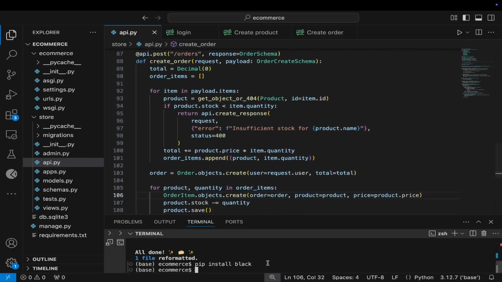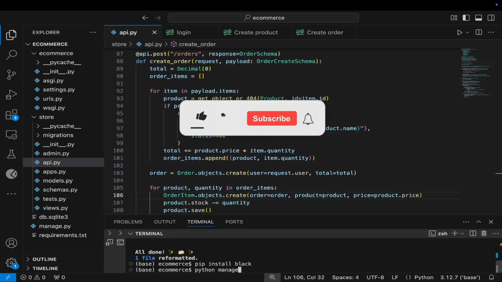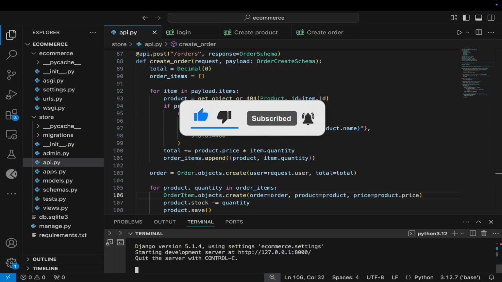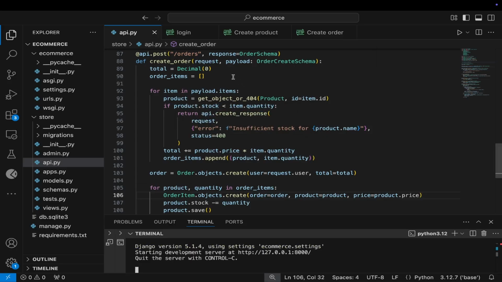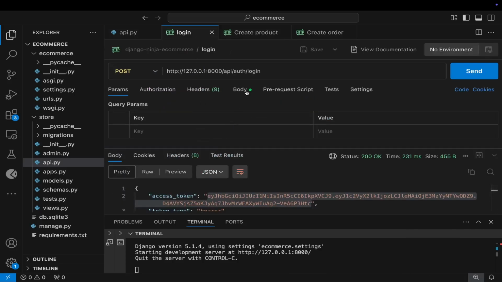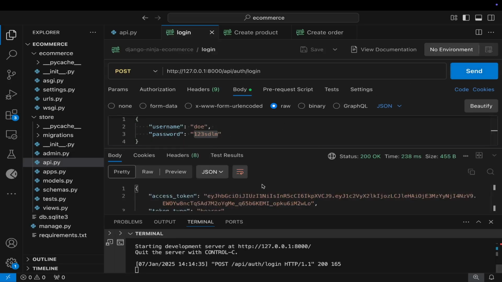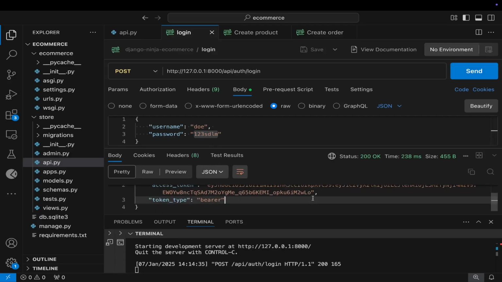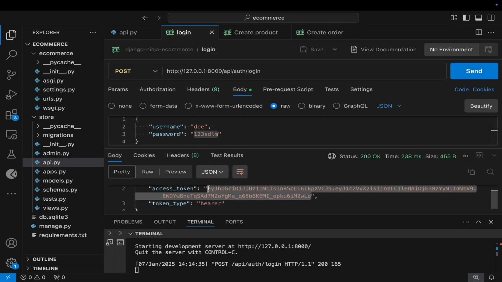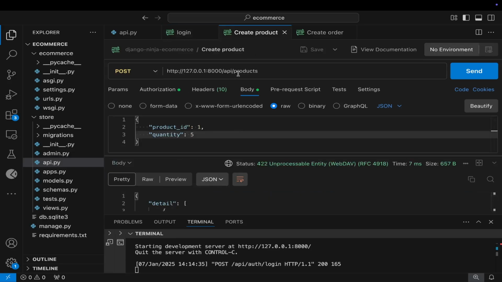So we need to test this. To test this, I need to run our server, say python manage.py runserver. Okay, that looks to be fine. Now, to test this, of course, we need to create a product first. But to create a product, we need to log in. So I'll log in using this username, and the password is this. I created this user. When I send a request, you see I get back an access token. So I'll copy this token, come to this endpoint,